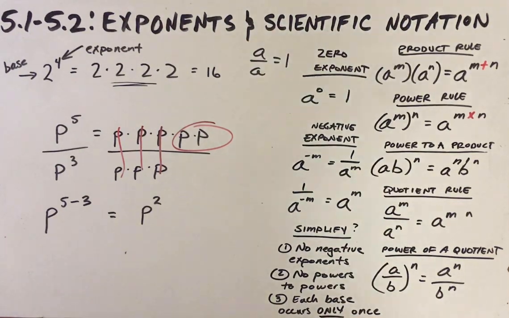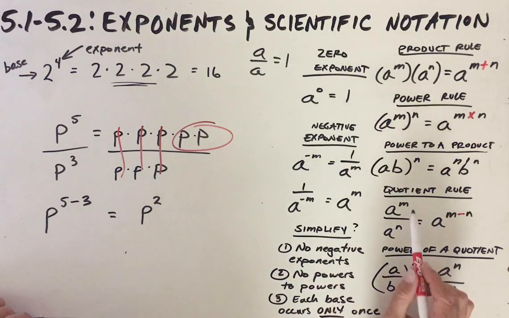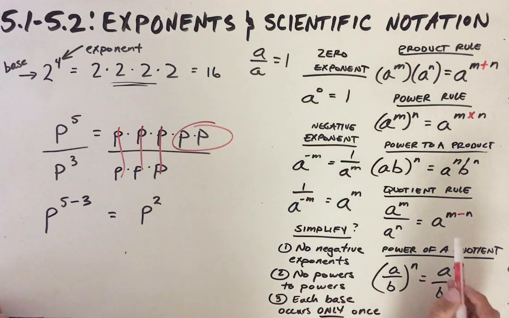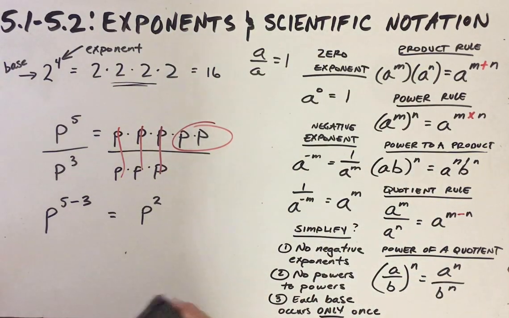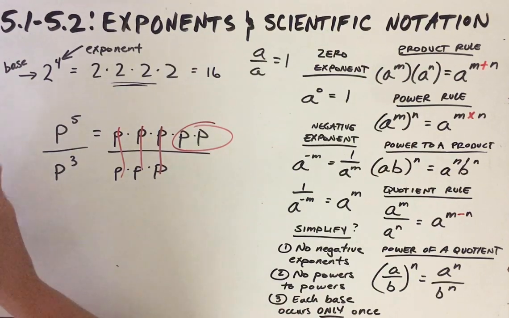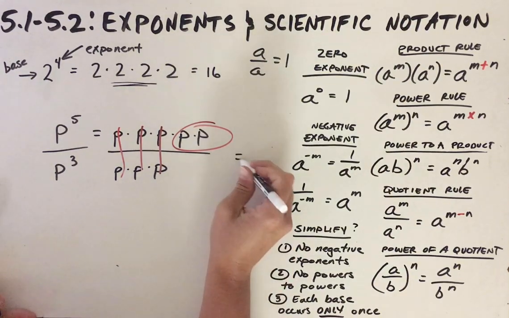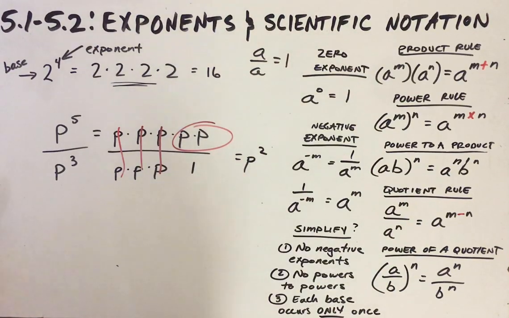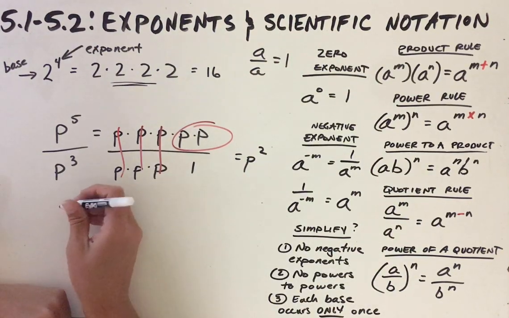So again, when you're using the quotient rule, the relationship of the exponents is subtraction, and you always put the top one first, because remember that in division order matters, and so we need to always have the top number first. So what would happen if this was flipped around? So we said this is p squared, which is p squared over 1, which is just p squared. Okay, but what if I had